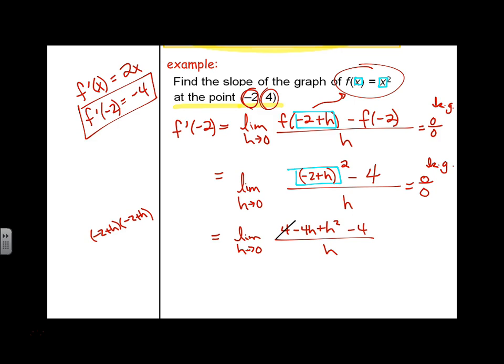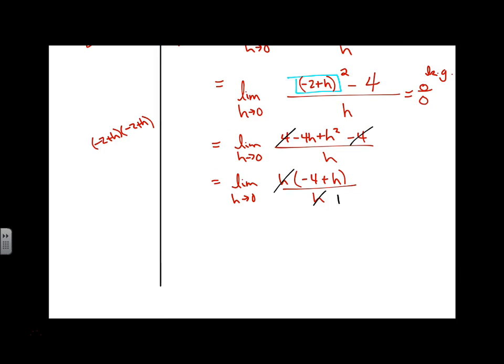Good. Then Karina, here's your part. What can I do? Back out the h. So after the 4's cancel, we can factor out that h. We get negative 4 plus h all over h. Once those common factors are out in the open, I can go ahead and cancel them out. Technically reduce. I apologize, I shouldn't use cancel. I get a 1 on bottom, and now I have negative 4 plus 0 all over 1, which is